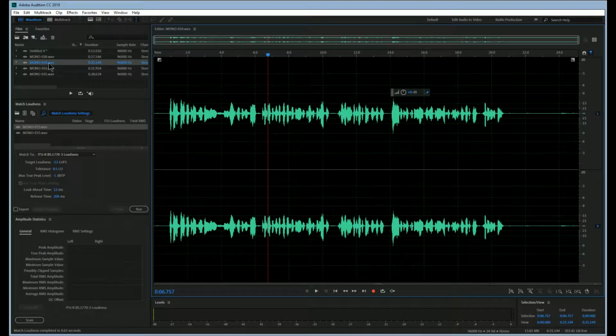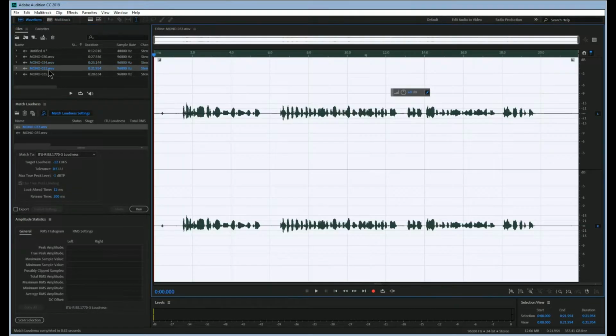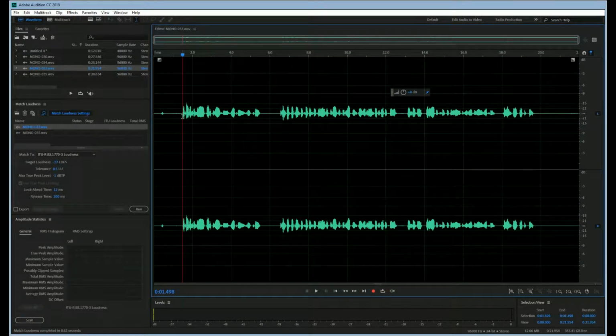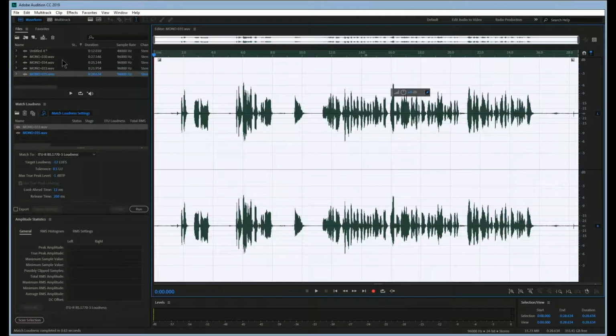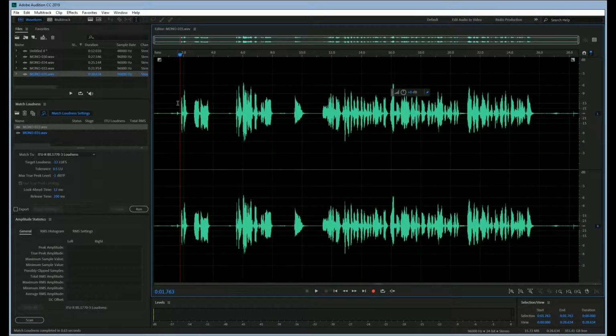So if you look, for example, the first two are pretty close, but then this one here has got very little gain out of the output, which means this is going to require a little bit more sound processing. So to be recording this low is sort of hard to do. And these were all recorded on a Zoom recorder, so there's limits to how much gain you can get from one of those. So again, looking at this one, you see that it's a little bit different picture. It's a much more gain coming out of the microphone.